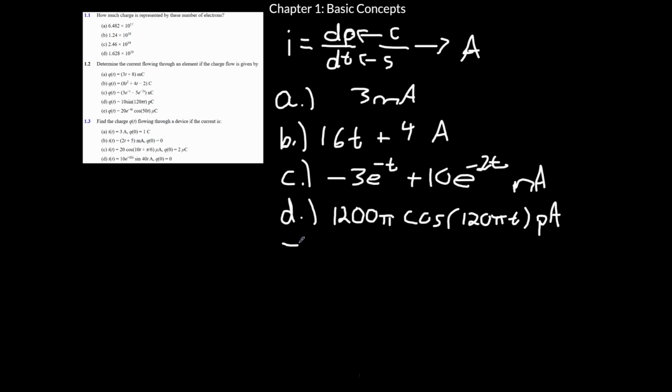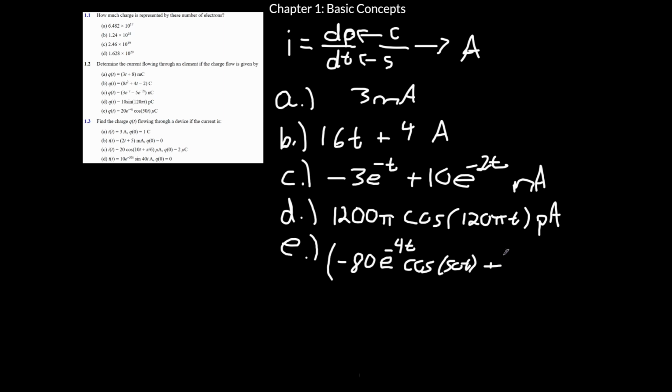Almost forgetting the names. Once you do derivatives so much, you forget the actual terminology, and you just gotta do it. Now this is going to be a little bit more annoying, as we all love. This is going to be a little bit of a product rule here. So we're going to take our first term and take the derivative of that. This is going to be negative 80 e to the 4t, multiplied by our second term, unchanged, so cosine 50t,